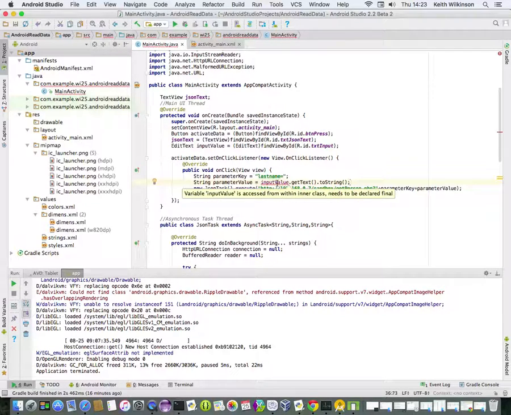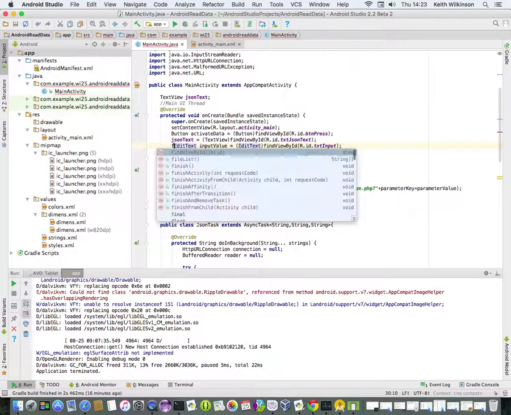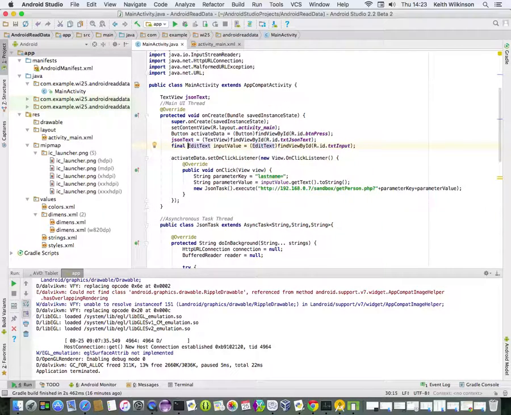Hopefully everything will be all right, but we've still got a problem. Okay, so that is telling me that it needs to be declared final, which would be almost like a constant. So I'm going to go up to here and I'm going to type the word final, and the error goes away. So this time when I run the program,